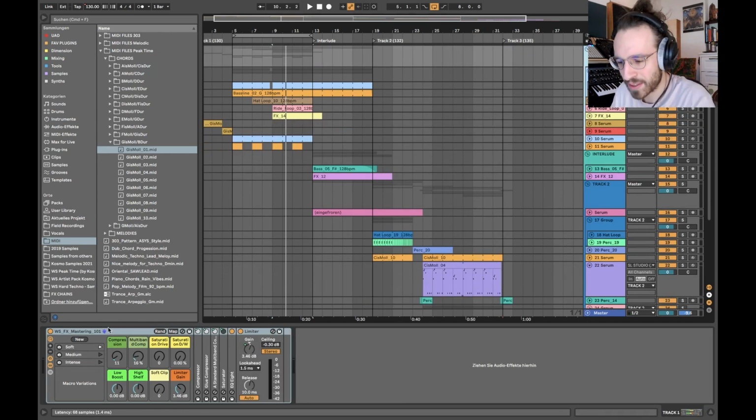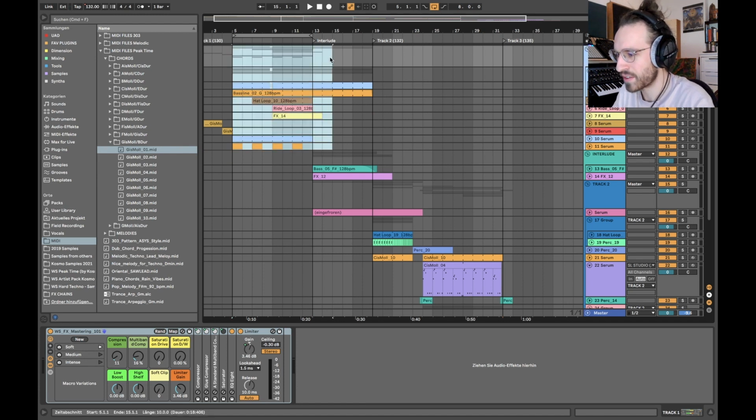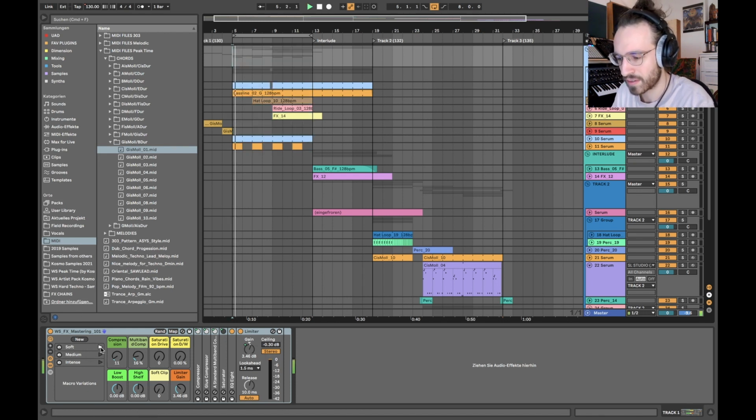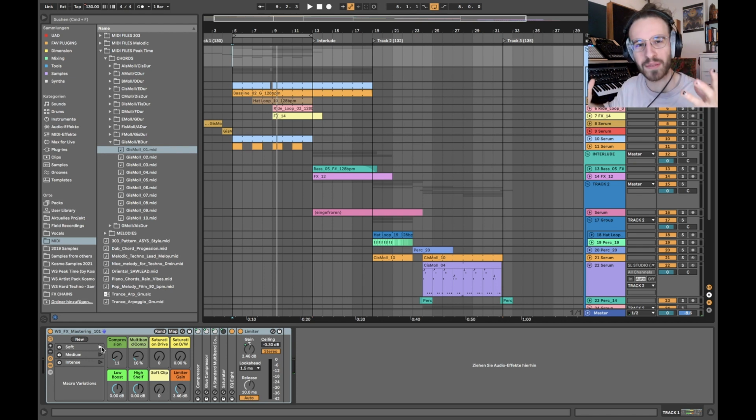And lastly, I want to have a look at the Mastering 101 chain, which is on the group up here. And basically you have 3 stages, soft, medium and intense, to make it even more compressed and therefore louder, but losing a little bit of the dynamics, or make it super dynamic, a little more breathing, not too much compressed, right? That would be the soft state. And we can have a brief check on this. So you can hear how in the intense preset, everything gets lifted up a little more,